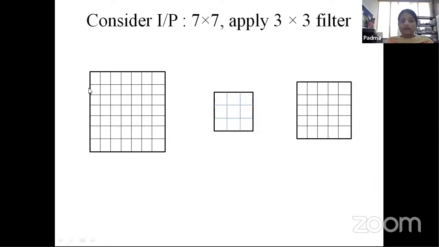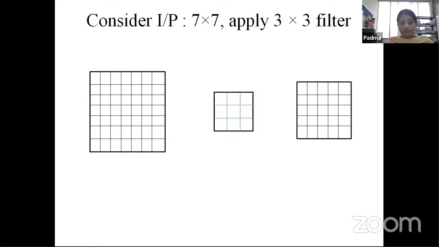Now, instead of convolving over this particular 3 cross 3, it will move the filter and convolve over this particular region. Again, it will compute the convolution and produce some output, and the result I will be taking into my output layer. Like this, the filter will be moved from left to right. Once we reach the last position, next we will be striding to the bottom side, right? So like this, I will go over the entire image from top to bottom.